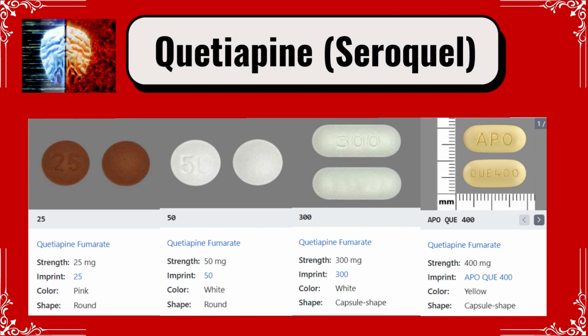The recommended laboratory tests before starting Seroquel include complete blood count, CBC, liver function tests, LFTs, kidney function tests, KFTs, fasting glucose, A1C, lipid profile, electrolyte levels, and thyroid function tests, TFTs. It is also recommended to monitor for changes in weight and blood pressure. It is also important to review the patient's medical history, including any pre-existing conditions and any current medications they are